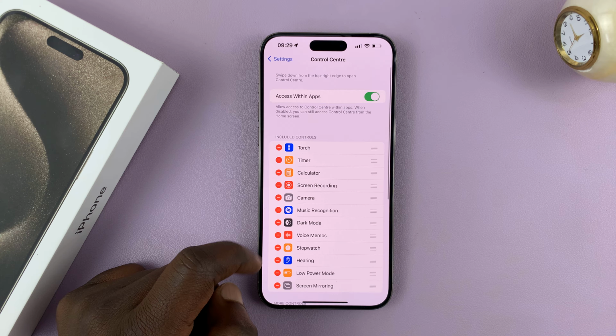And what you're looking for is this icon. This is a screen recorder icon, this one with a dot and a circle around the dot, this one right here. Now, if for some reason this icon is not available in your control center, what you want to do